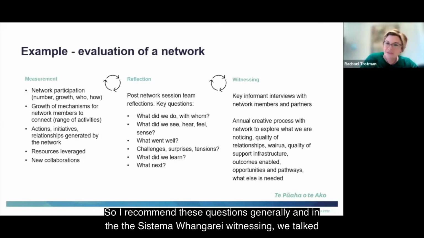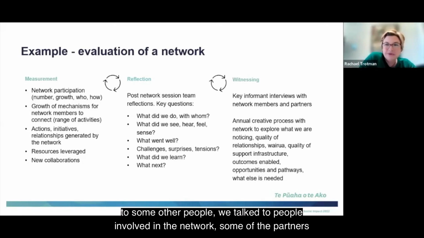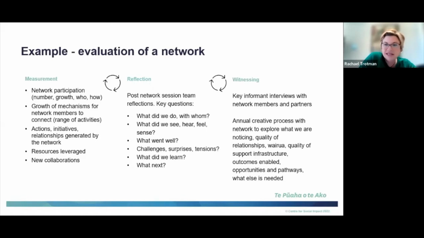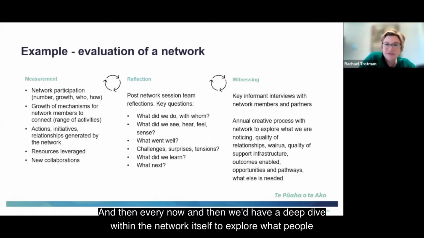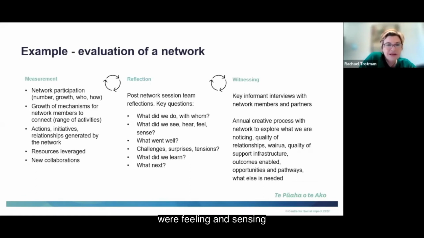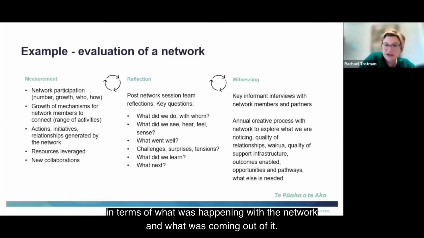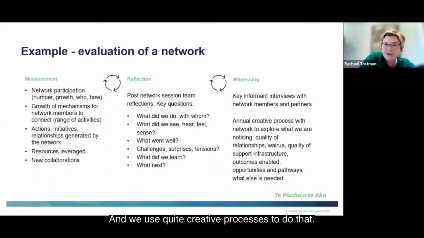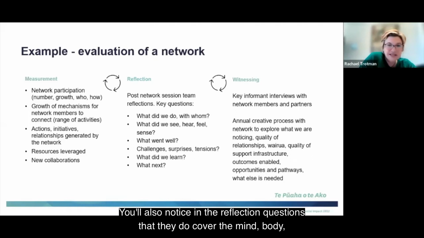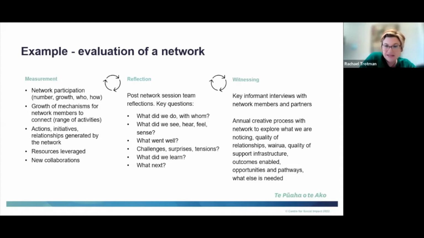And in the witnessing, we talked to some other people. We talked to people involved in the network, some of the partners involved in holding it. And then every now and then we'd have a deep dive within the network itself to explore what people were feeling and sensing in terms of what was happening with the network and what was coming out of it. And we use quite creative processes to do that. You'll also notice in the reflection questions that they do cover the mind, body, spirit aspects. So that is the first